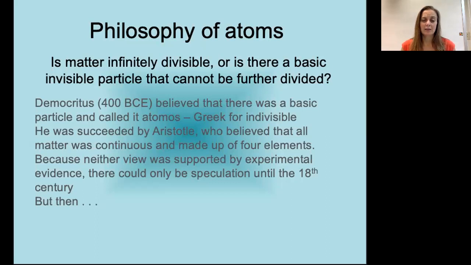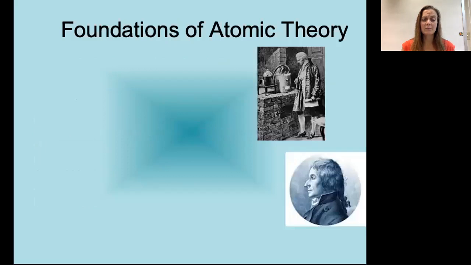about the 18th century. So in the 18th century, we began being able to do some chemical experiments and really to measure mass accurately and to do different experiments to learn things about masses. So this is the beginning of atomic theory.